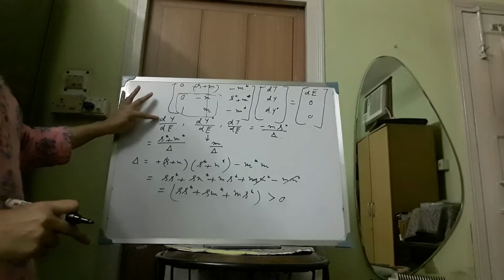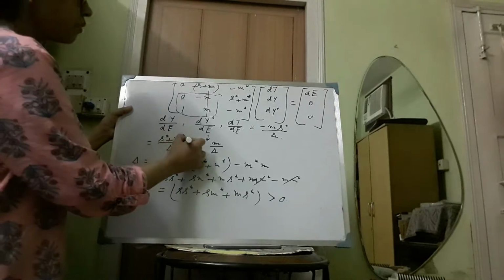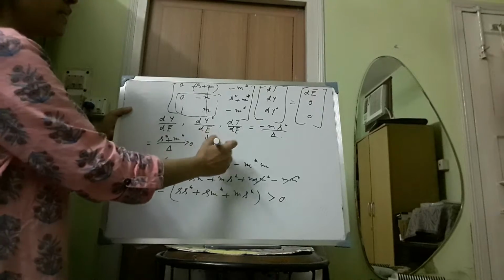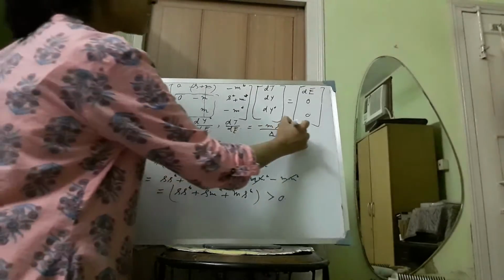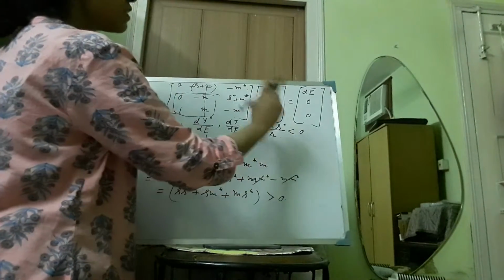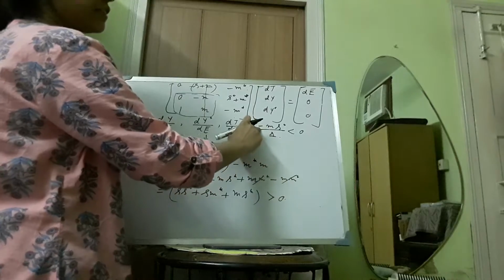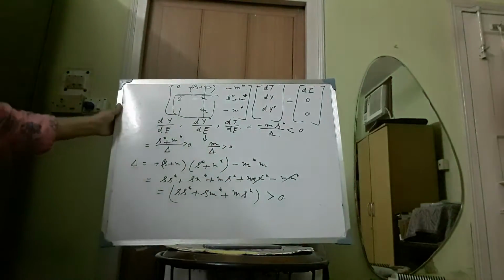So when we are getting dy/dĒ is equal to (S* + M*) over delta, this is a positive term. Then dy*/dĒ, which is equal to M by delta, is also positive because delta is positive and M is positive. And this term is negative because M and S*, both the terms are positive, and delta is also positive, but there is a negative sign here. So this dT/dĒ will become negative.